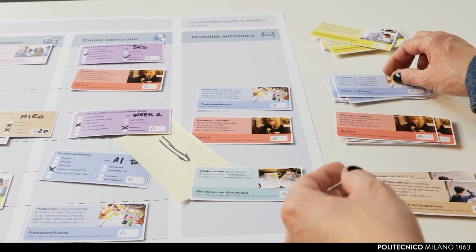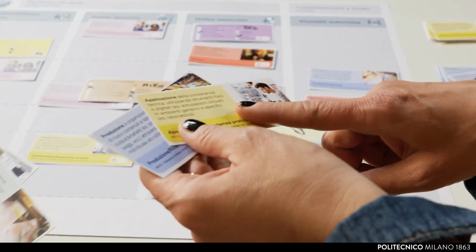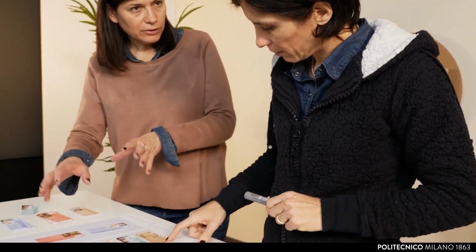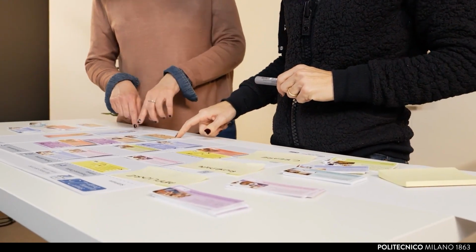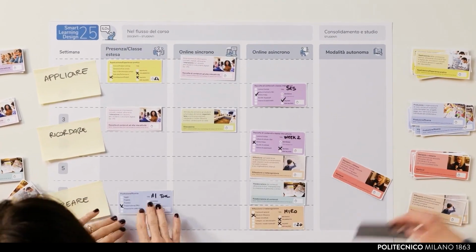The starting point of good instructional design is always the definition of the intended learning outcomes and the overarching assessment strategy that allows us to observe them. The smart learning design method comes into play after this phase and suggests selecting the learning events that are useful for achieving the learning outcomes and then choosing how to implement them, what tools or methods to use, whether or not they will be assessed.